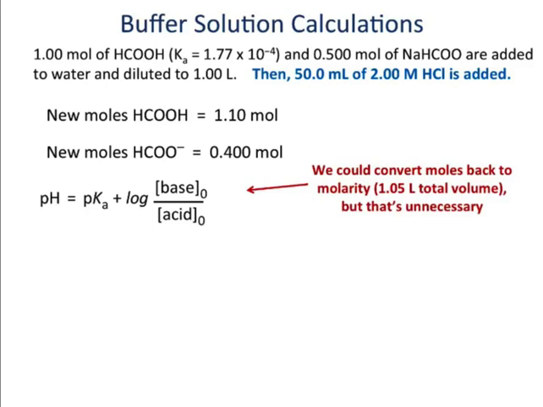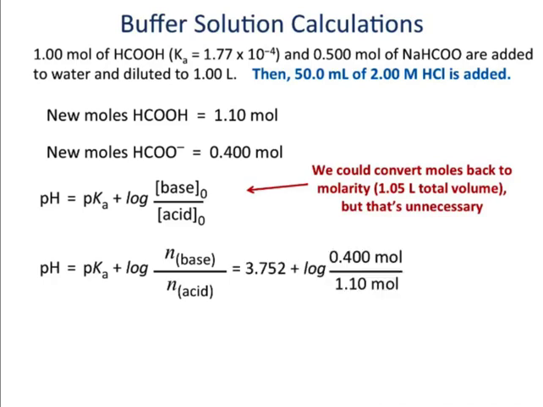So we could convert both of these, divide by total volume. Remember now, our total volume is bigger because we added 50 mils to the 1 liter, right? So our total volume increases. So we could divide both of these moles by total volume, but we don't really need to because the total volume would be in the denominator here, it would cancel out. So you can get away with using just moles in here, and it just saves you a step. So you can plug these moles straight in, and the pKa,